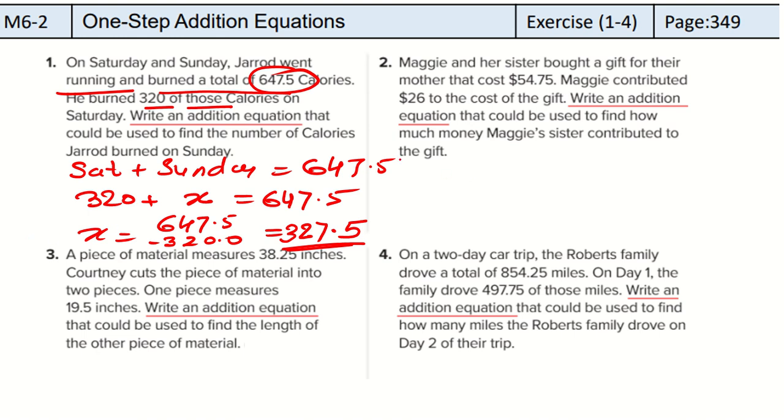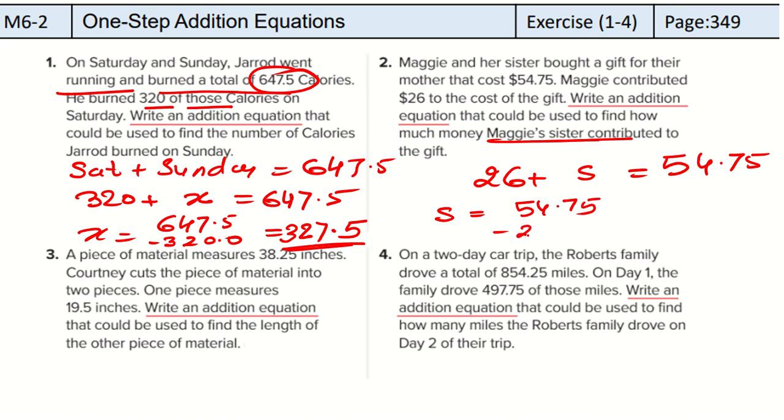Now let's talk about this number 2. Maggie and her sister bought a gift for their mother that cost 54.75. See, 54.75 is the total cost. Okay. Now Maggie contributed $26. So Maggie $26 and her sister I am taking as S. Okay. I am taking S for her sister. So what will be the value of S? They are asking how much money Maggie's sister contributed. So it will be